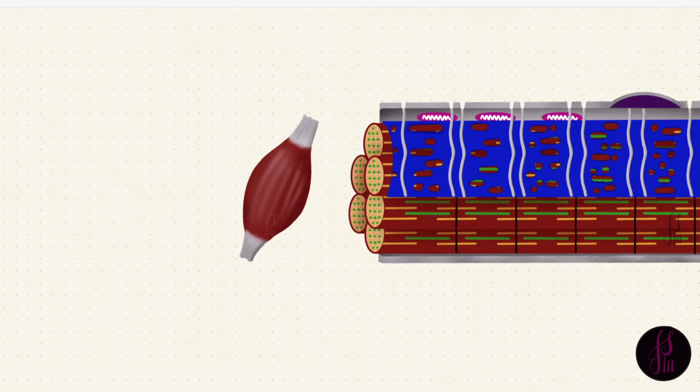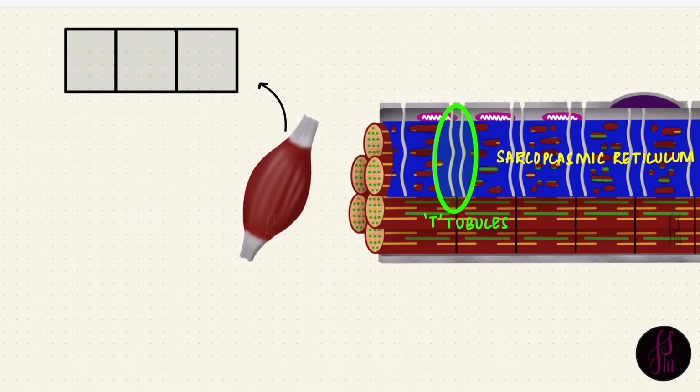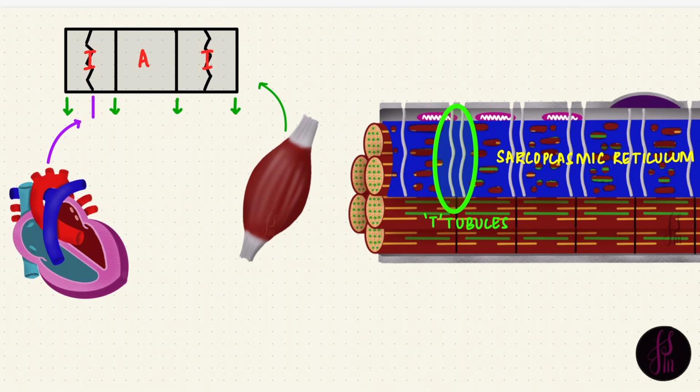In skeletal muscle, this process involves T tubules and the sarcoplasmic reticulum. If we bring back the bands, there's the I band divided by the Z discs and the A bands. Where are the T tubules in skeletal muscles? In those cells, there's one T tubule at every junction between an A band and an I band, so that's two per sarcomere. But in cardiac muscle, there's just one for every sarcomere, and that's at every Z disc. But just like skeletal muscles, the T tubules are important for contraction of cardiac muscle cells as well.